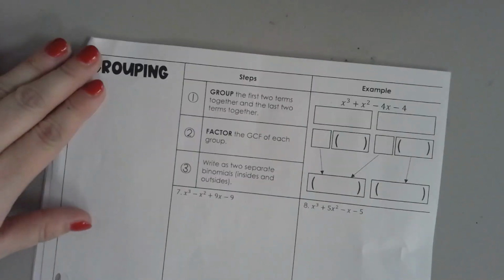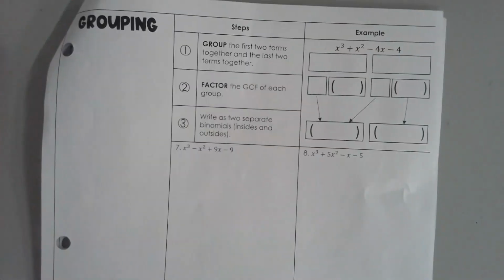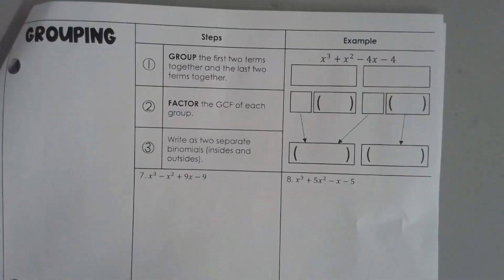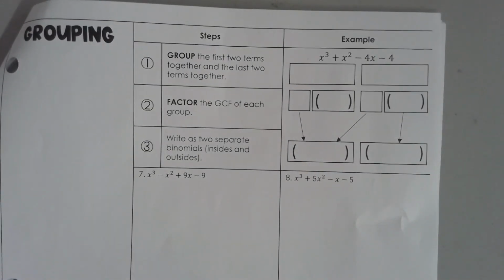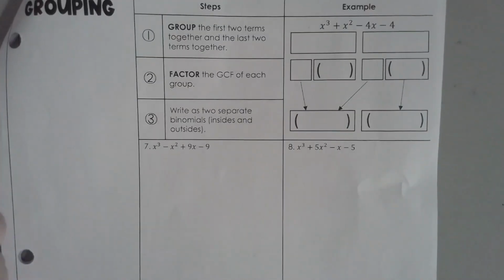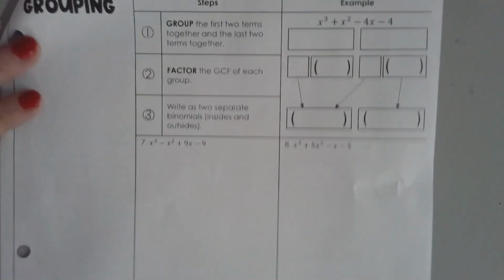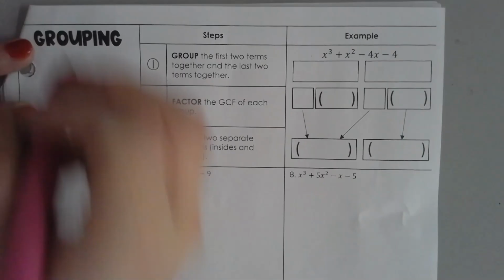Alright, so we're going to learn a method called grouping. Now, we did difference of squares, and difference of squares is when you have a difference, you have subtraction, and you have perfect squares. Today's, we can do any, well, it doesn't work 100% of the time, but if I tell you to do grouping, it's going to work. But grouping,